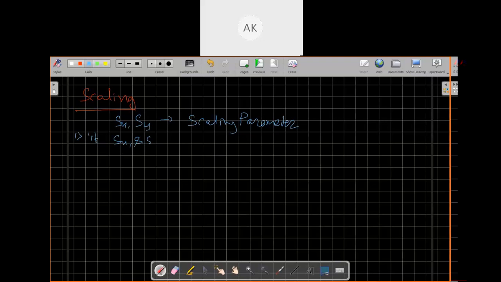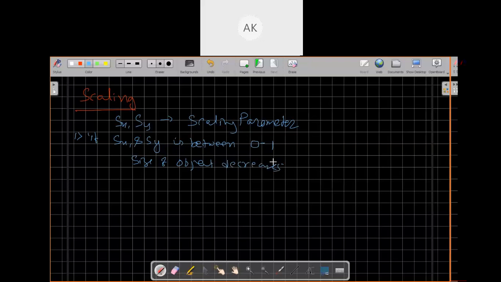In scaling, we can maximize or minimize the size of a given object, or change the size of an object with some given parameters. sx and sy are the scaling parameters corresponding to the x axis and the y axis. Okay, so there are some cases.